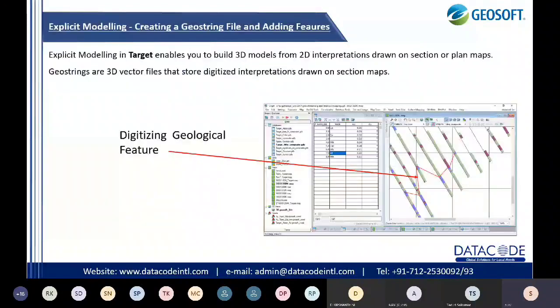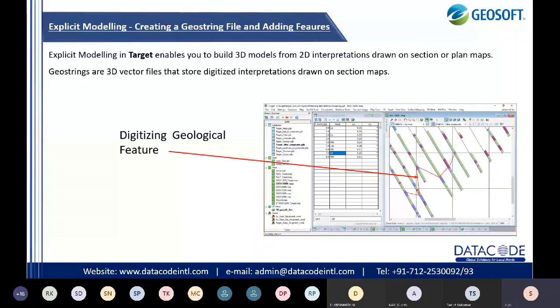Then we move towards explicit modeling. So in explicit modeling, you can create a geostring file and you can add the feature. Explicit modeling is nothing but the creation of a 3D geological model with our own knowledge basically.